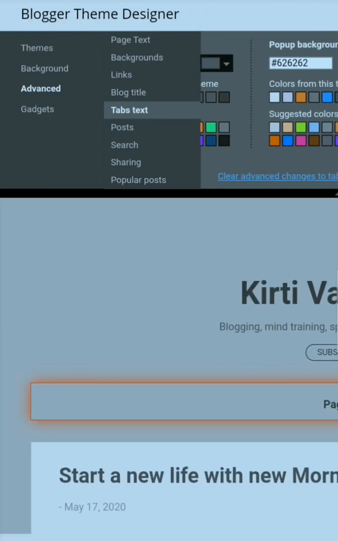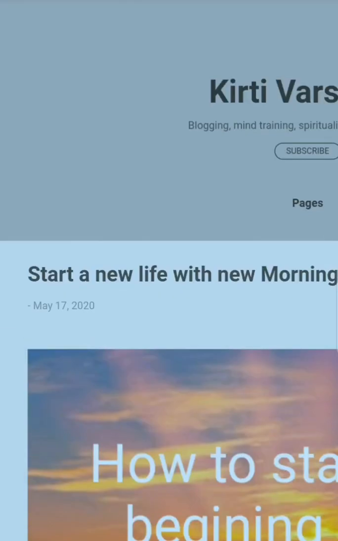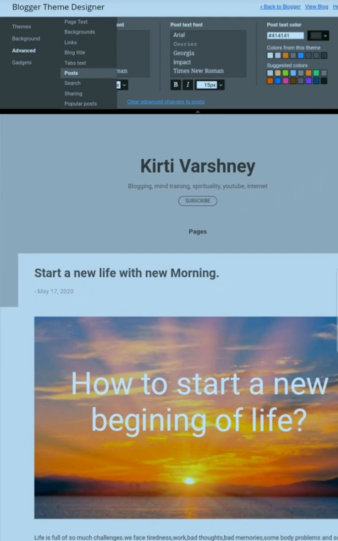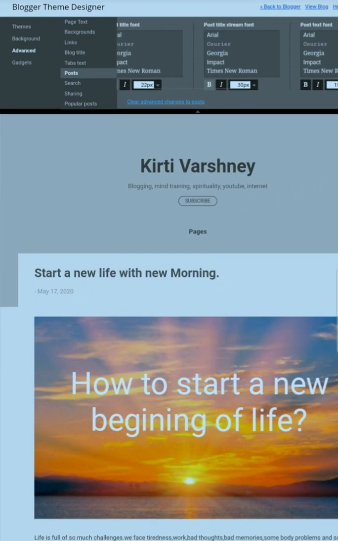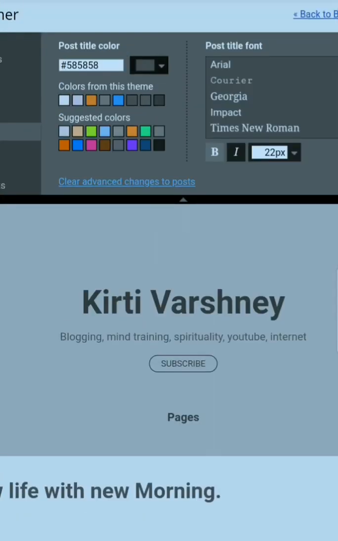Now it's posts, settings for posts. It is showing post, because we are going to change the post settings. So post title color set here black.